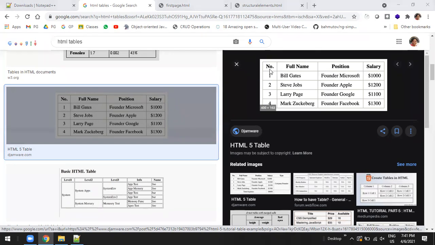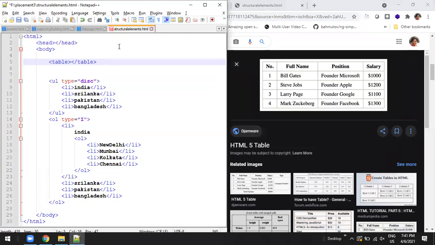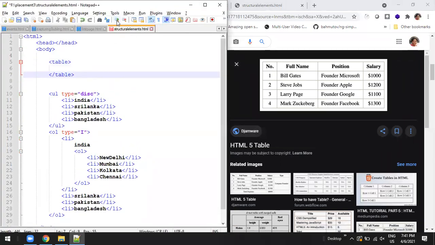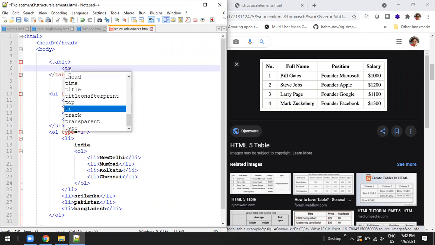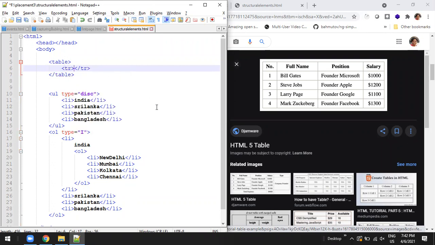So let us start writing the code. For example, TD. Mute Anand, please. In the table, first I have to create a table element. Inside the table element, first I have to decide how many rows there are.